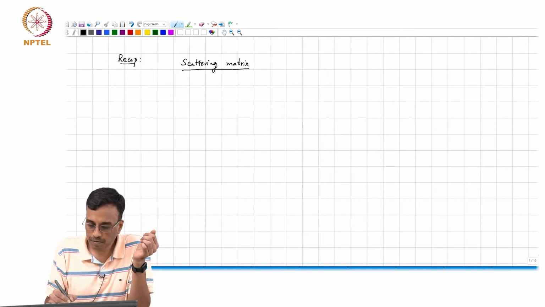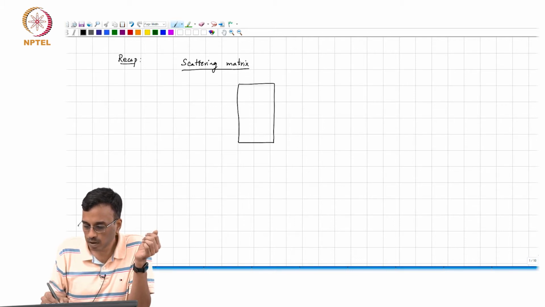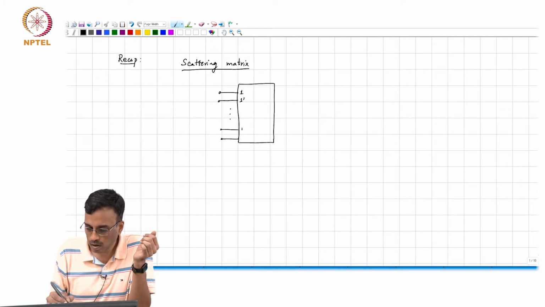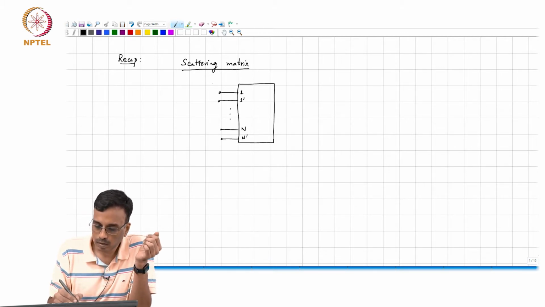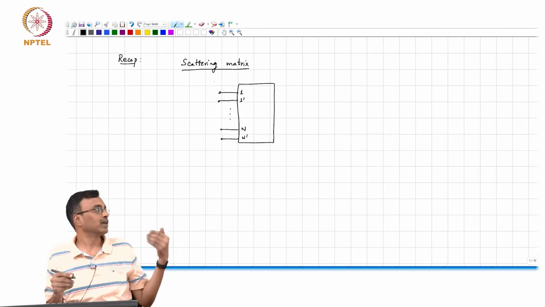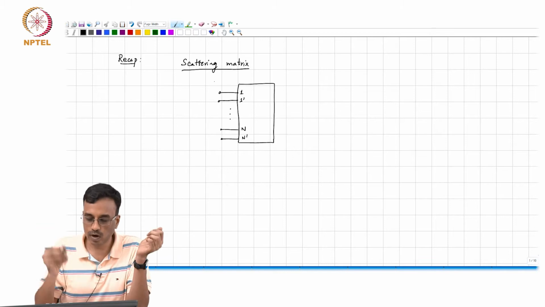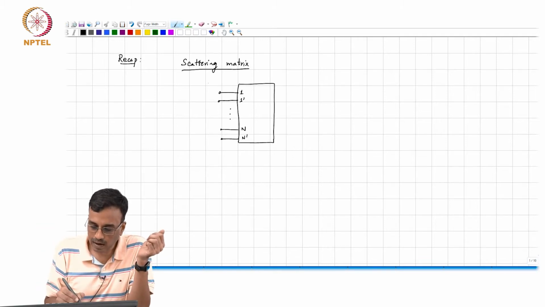And if we have an N port, and if the characteristic impedance corresponding to the transmission lines attaching the N port to the outside world is all the same and equal to Z naught, then we can simply